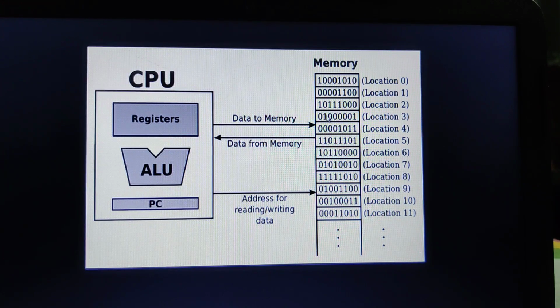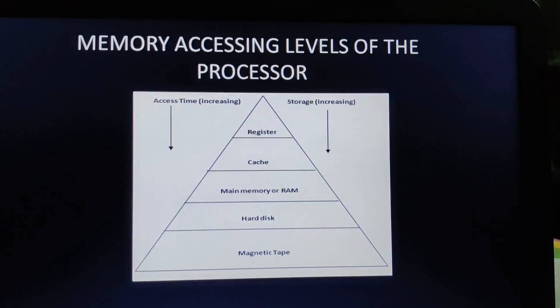Before it is read or written through the memory, it has to fetch the memory location, say location 9. This data has to be provided to the CPU. But before this, a control signal will be passed to the memory, saying that the CPU wants to fetch the data from memory. I hope you are able to understand.